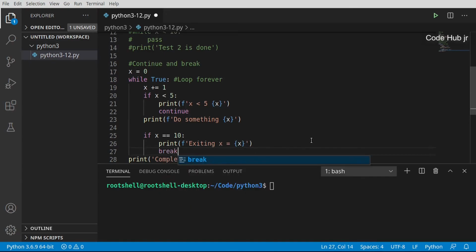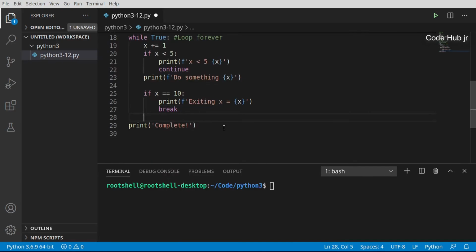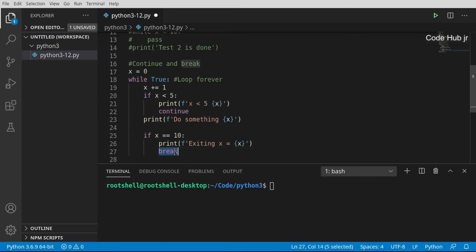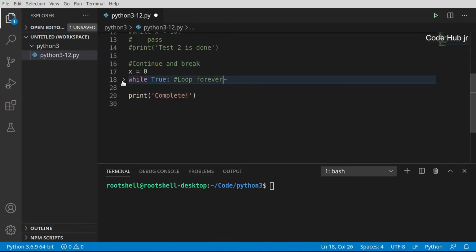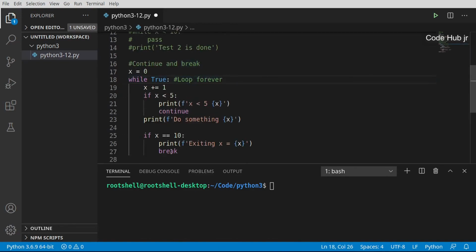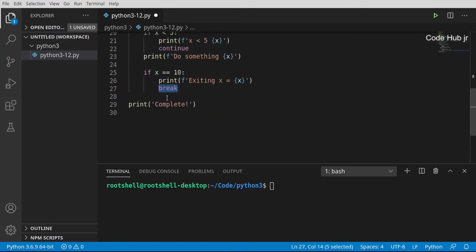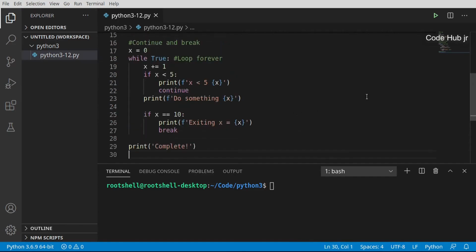Now we're going to use the break keyword. Don't worry, we're not breaking anything. Kind of think of the while loop, this guy, as a little jail cell, and we're going to break out of jail and just jump right to the next line. So it's going to pick up code execution right here, and then it's going to run this statement. Let's go ahead and see this in action.